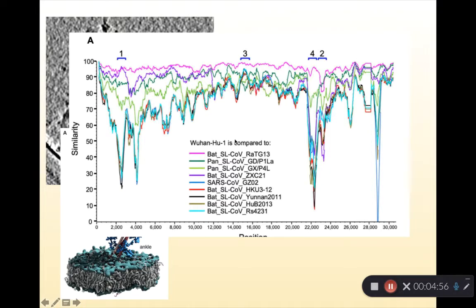This is an interesting study because it's giving us an idea of where this jump specifically happened. Was it from a bat? Was it from a pangolin? And if so, what kind of bat virus was it? Because there are a lot of coronaviruses circulating in bats. You can see that this one down here, in turquoise, is also a bat coronavirus, but it's not related very much at all to what is currently circulating in humans. So now we're starting to build a molecular picture of the biology of coronavirus.